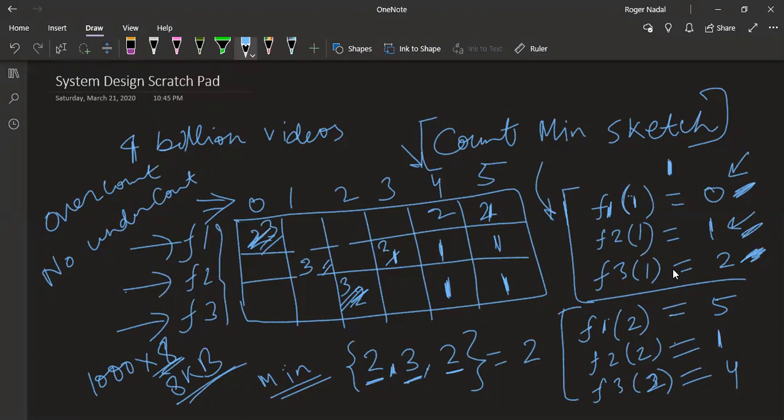So take a look at the pros and cons, and it can solve other problems also, like what is the trend, which video is being watched, or what is the trend of anything. Wherever you want count, you can think about it, at least consider it, especially in streaming scenarios where you don't need the exact value but a good enough value. So for more accuracy, is it to add more hash functions? Yes, for more accuracy you can do that.